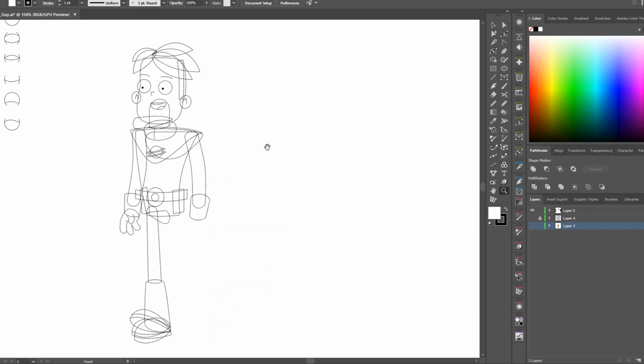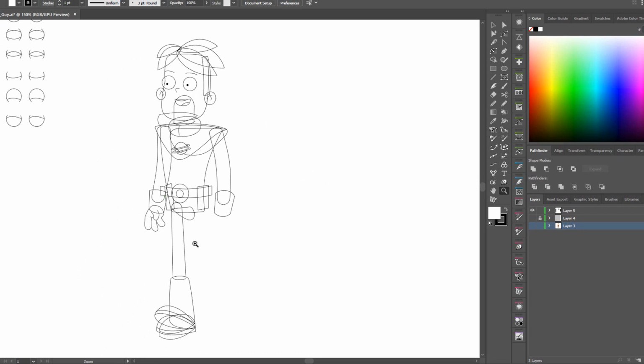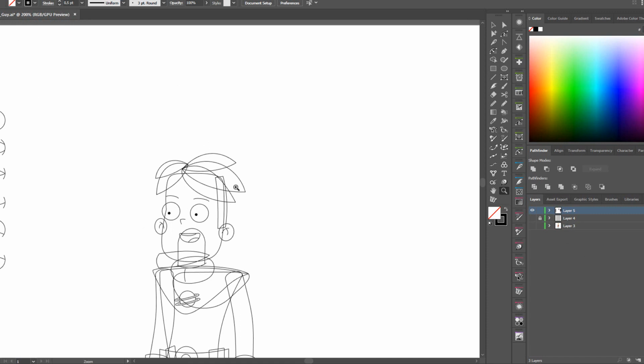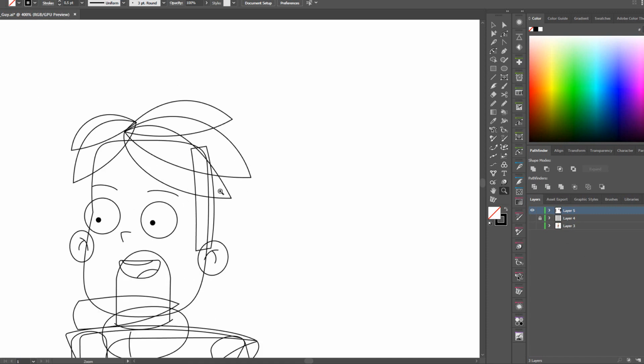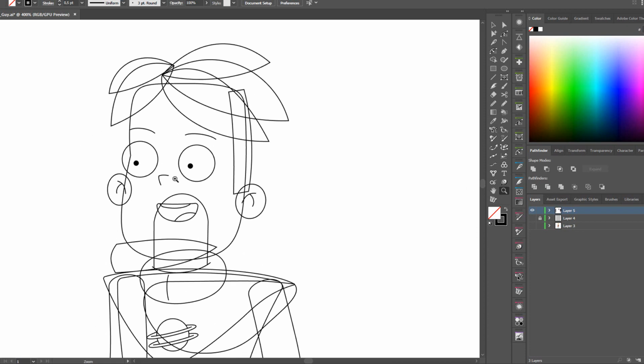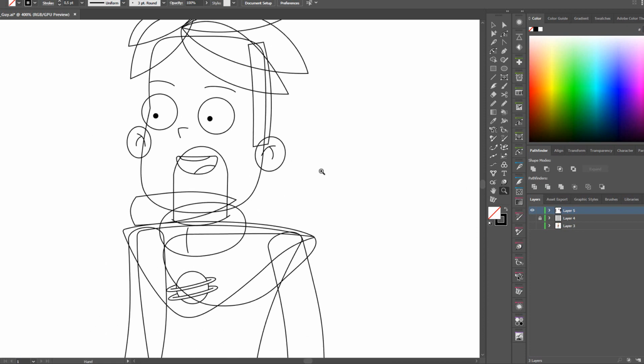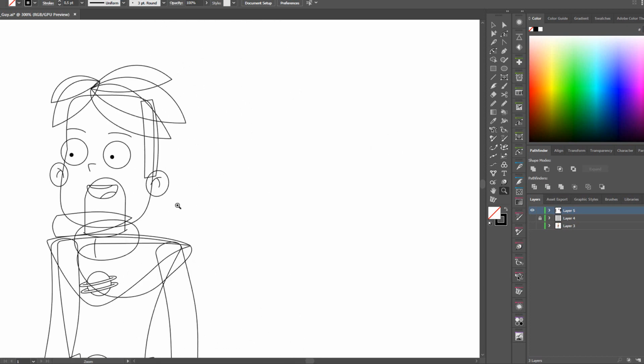So I copied that character and basically did the outlines of it, because when you bring it into Toon Boom, you can do color as well if you put it on its own layer, and you can bring that in as well. But I just decided to do the line art here, and that's because generally it's a lot easier